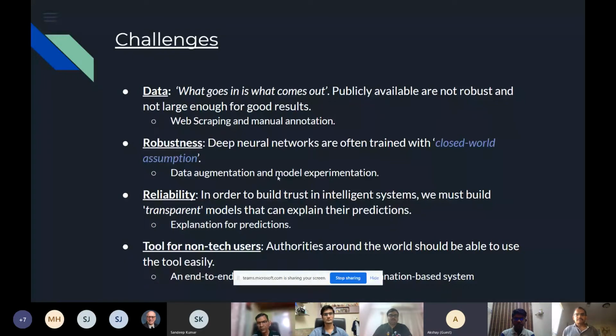Also, we experimented with various structures of the object detection so that out of them we can use the most robust and the most reliable one. The third point is, we get the output, then how can we say that it is correct? The model predicts because of its correctness. So we tried to build an end-to-end system in which we are also providing the explanations for the prediction